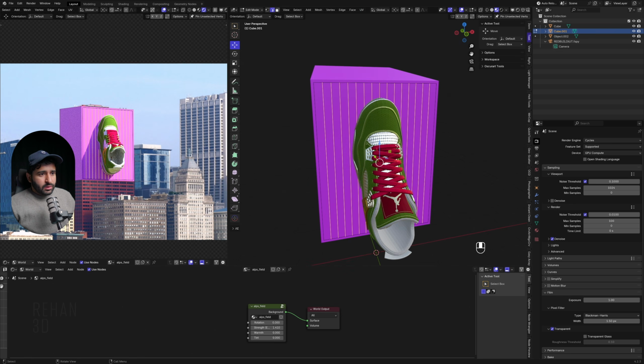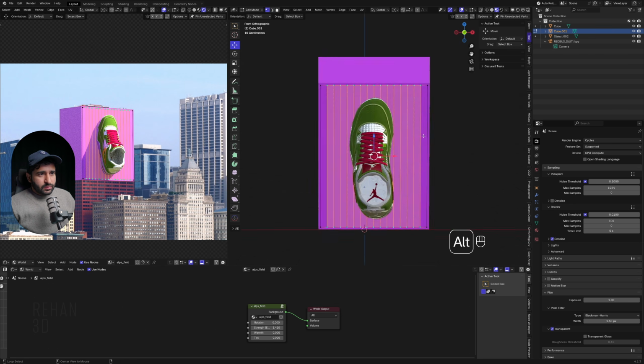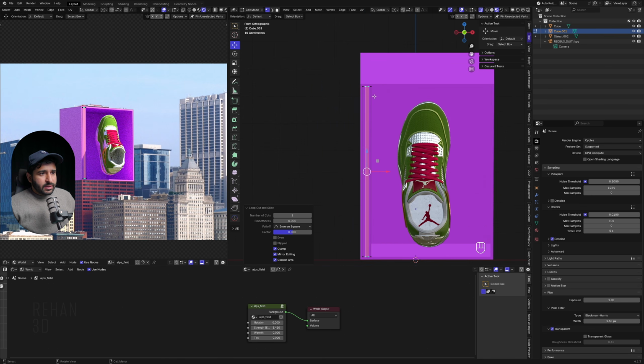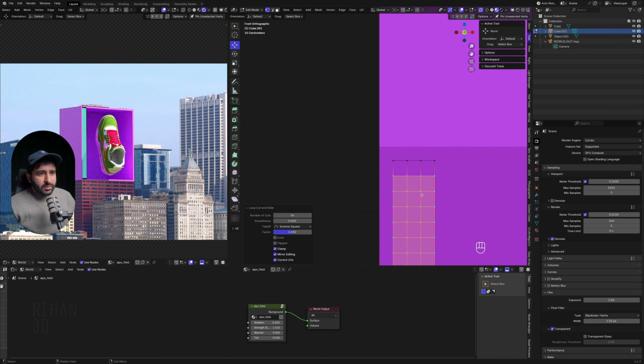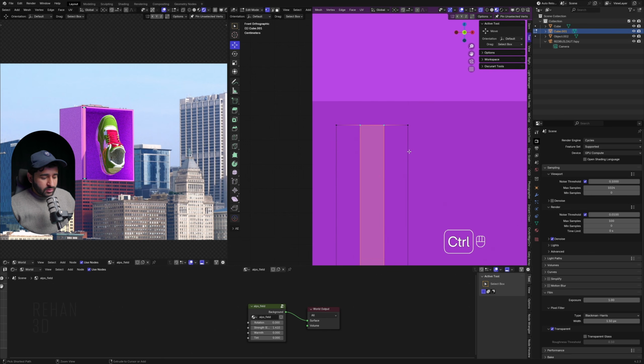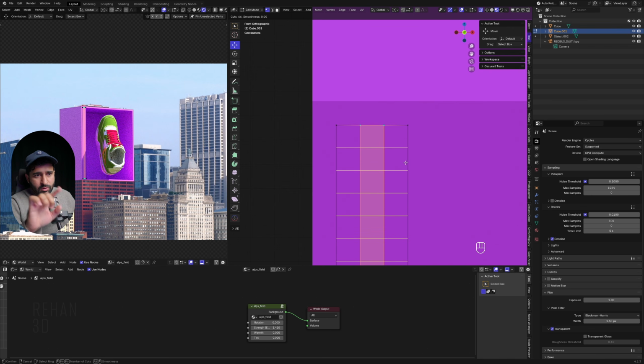Okay, and now we have to select all these faces, delete faces, and now from here I will create it like this, and now I will simply add the edge loops. And guys, while making this, just keep an eye on this. Just make sure it looks like a quad geometry, because as you know, it's not matching with height or width. So just press Ctrl+Z to undo, add edge loops again, and make sure your box has equal sides,